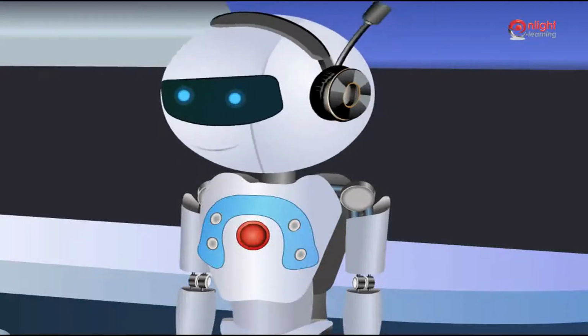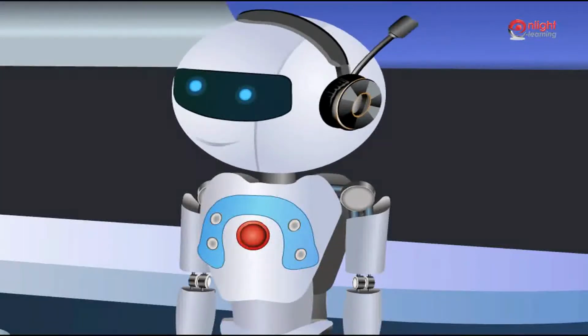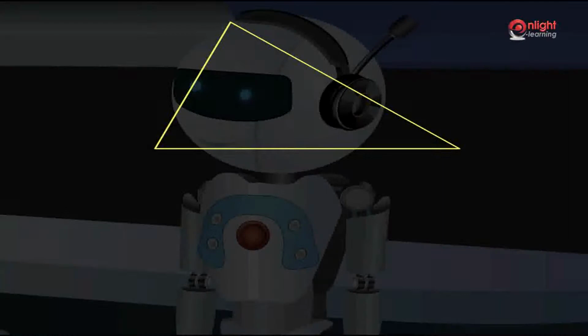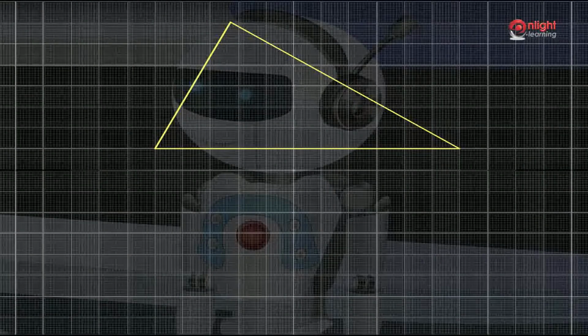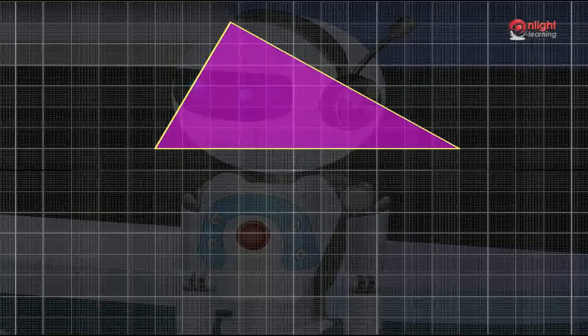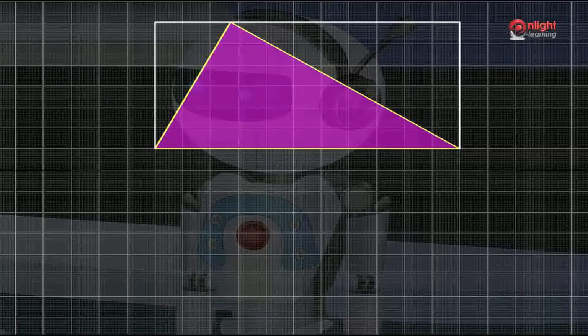Now imagine that we have to find the area of the triangle as shown in the figure. Even after overlapping the triangle on a graph sheet, it is tough to estimate the area of the triangle. This can be solved in a simpler way as follows. We first enclose the triangle in a big rectangle as shown in the figure. Then the big rectangle is divided into 2 smaller rectangles as shown in the figure.